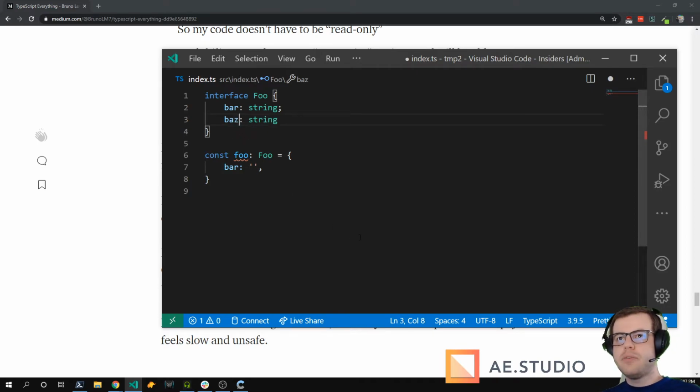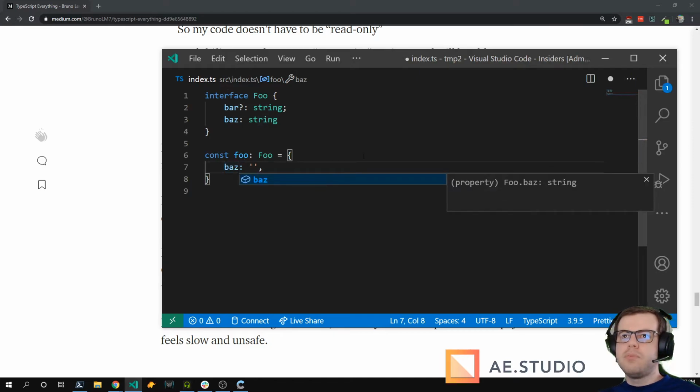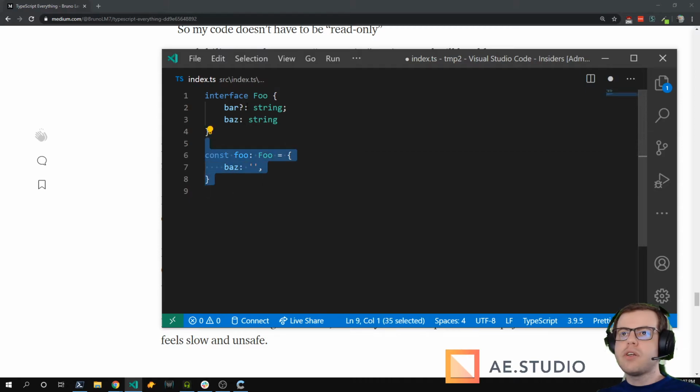So for optional types, you can put a question mark and then this becomes optional. You can say that bar is optional. And now it gives me an error only because boss is not optional. So if I just pass the required stuff, it allows me to create this object even though I'm not specifying bar. So I guess that would be the optional types.